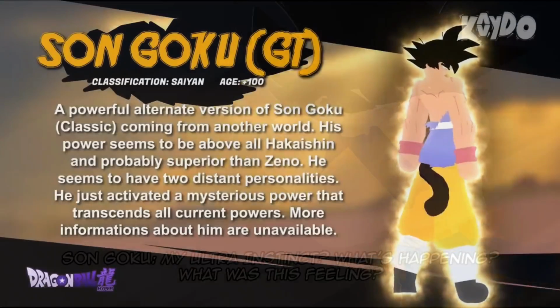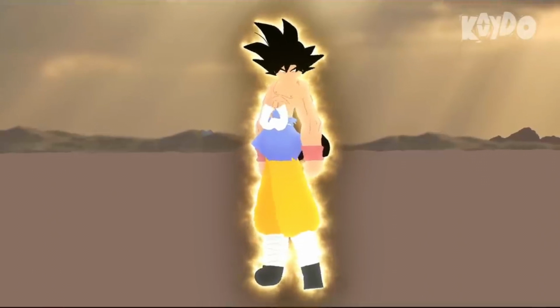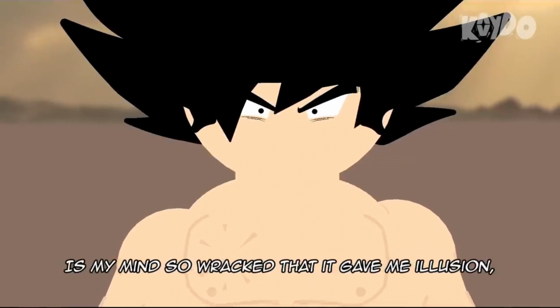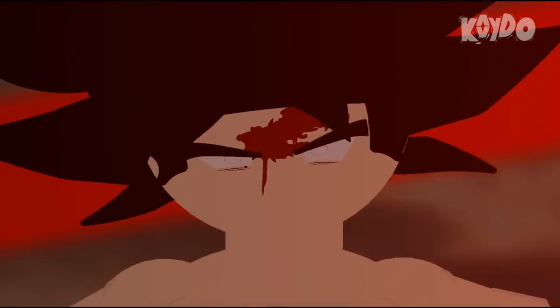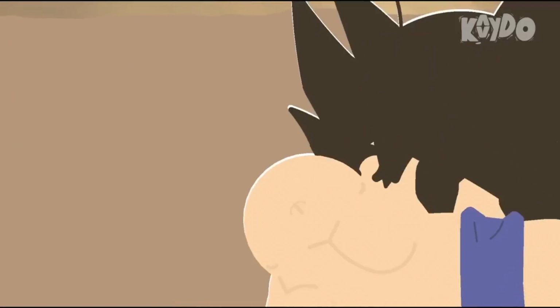With base Goku being less suppressed, not only transcending all previous powers, which you can argue scales beyond Zeno and the Grand Priest and whatever, but his aura can casually warp and twist reality by existing. Hyper Goku can literally kick a rock so hard it goes through the super variant's head and is repaired instantly by Hyper's healing. And then we got some more stuff, so...